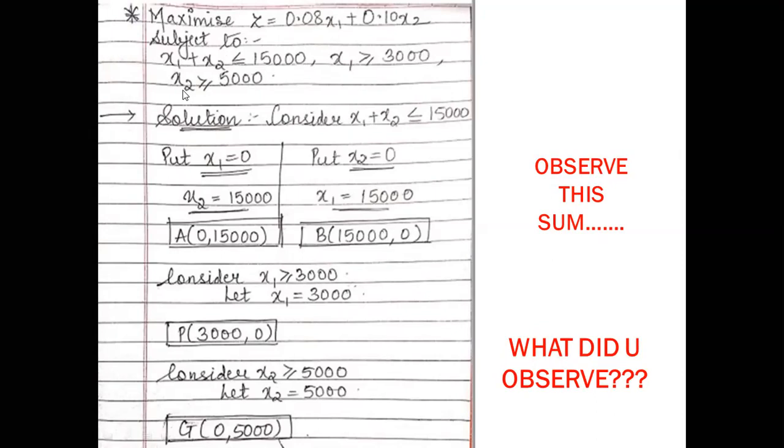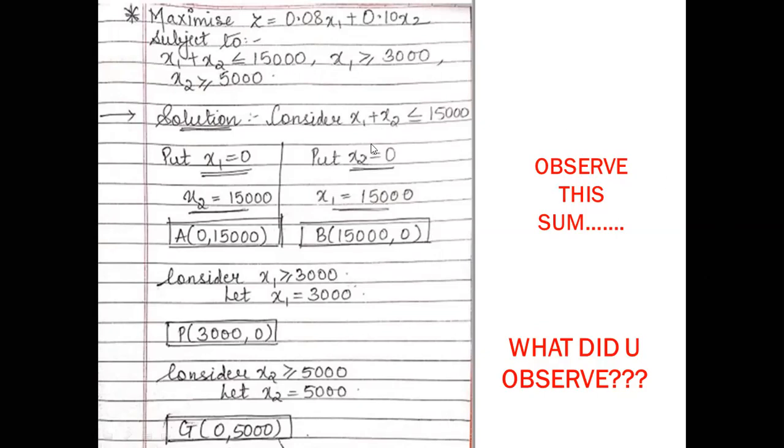So can I say this is a sum involving special case number 1, because there are x1 and x2 independently given. Plus on top of it, there are different signs which are used, that is less than, greater than and greater than. Now class, if you remember, I have taught you all the technique how to find out the feasible region last year. No worries, in this sum I will be again revising the technique which I taught you all last year, how to find out the common region represented when the signs are different in a particular sum.